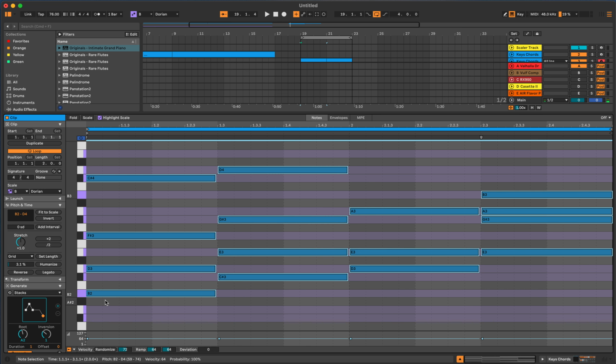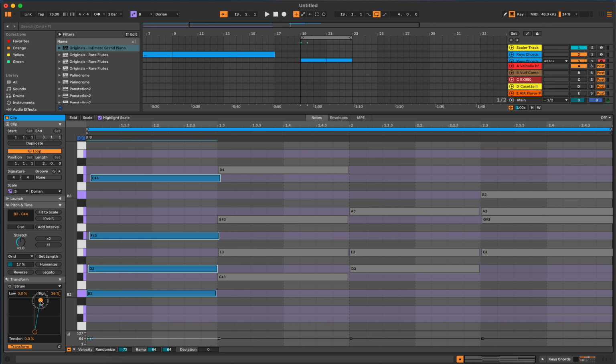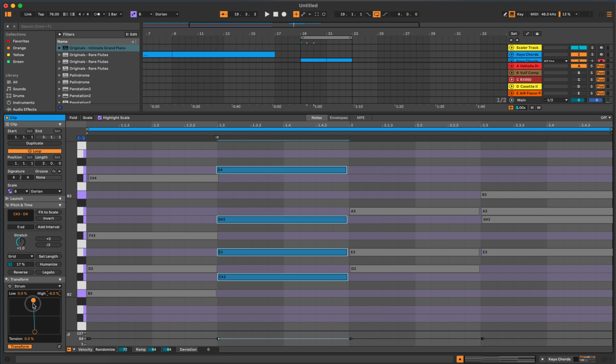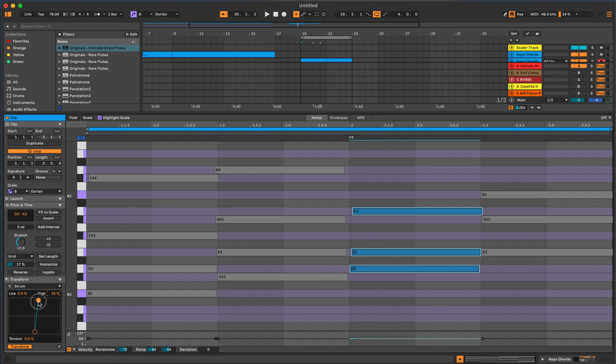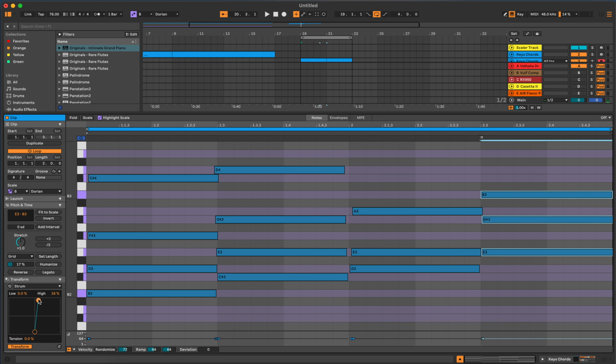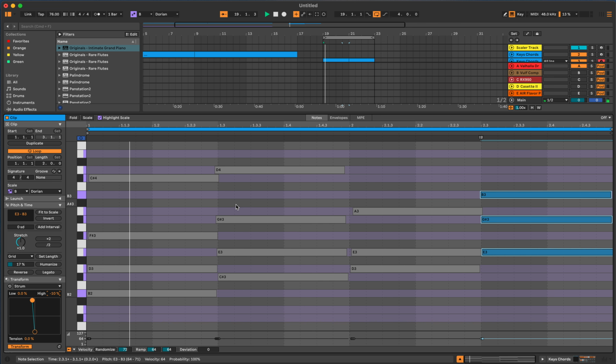Now, what you can do too is do the humanize, adjust them a little more if you want. Or you could go into transform and use the strum feature. So let's say on this one you want to strum a little bit that way, and this one you maybe want to go that way a little bit. Maybe back that way. And then the last one maybe this way. All right, so now you have